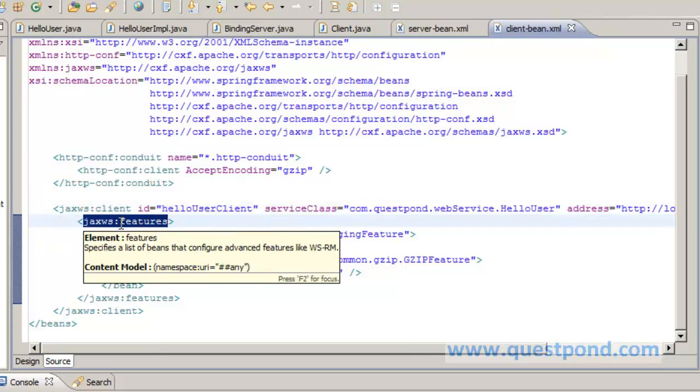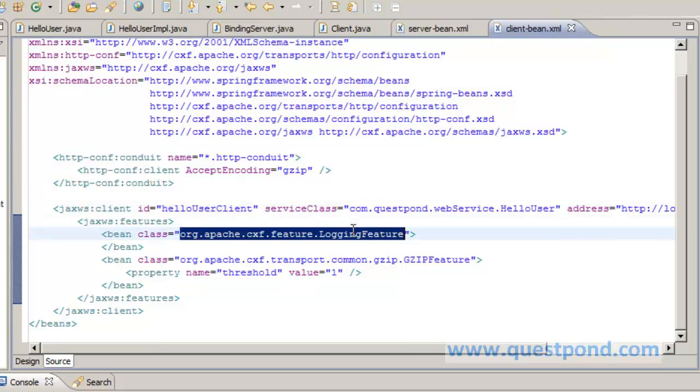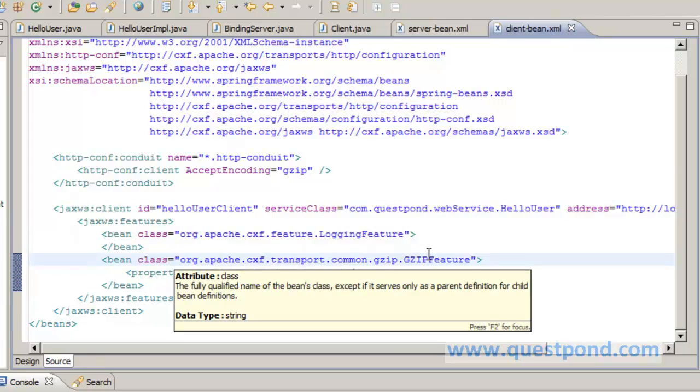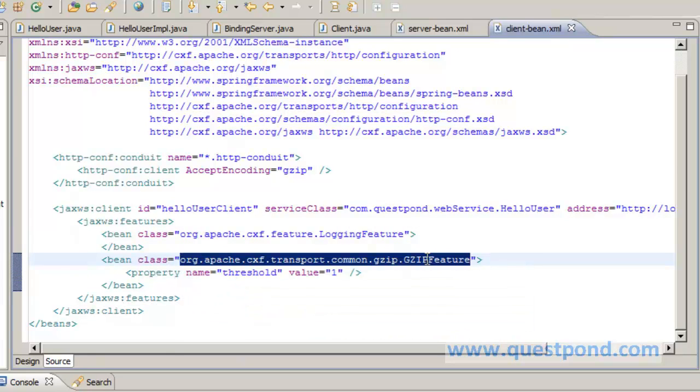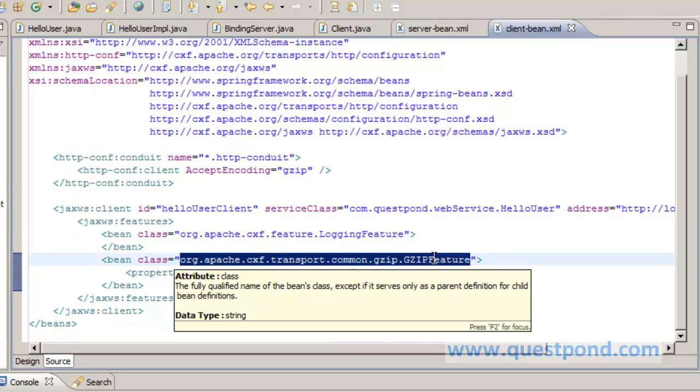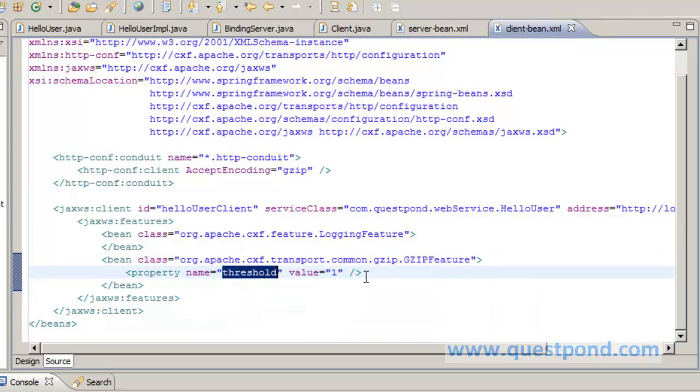Now we make use of JAX-WS features, having the logging feature and the gzip feature. Now within the gzip feature, we set the threshold as 1. This is basically used to indicate whether we want complete compression or not. In case we don't set the value of threshold as 1, it will not perform a complete compression. Else it will perform compression of only some parts.